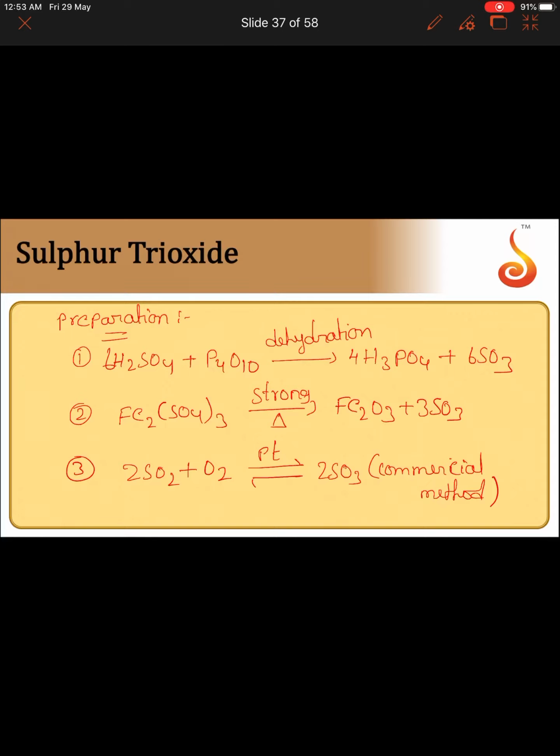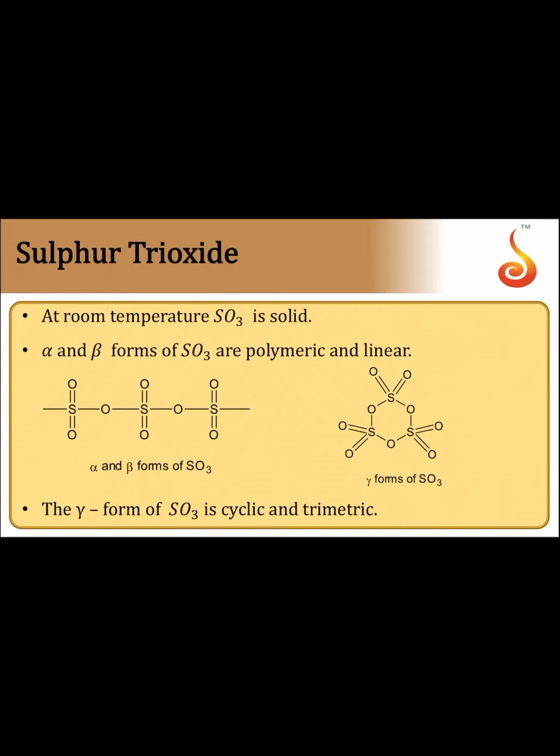Here the mixture of SO2 and O2 should be completely dry. That is one important thing. By the oxidation of SO2 with O2 in presence of the catalyst, we can prepare SO3, and it is a commercial method. And when you see the properties of sulfur trioxide,